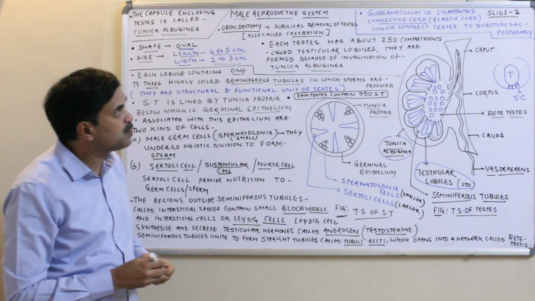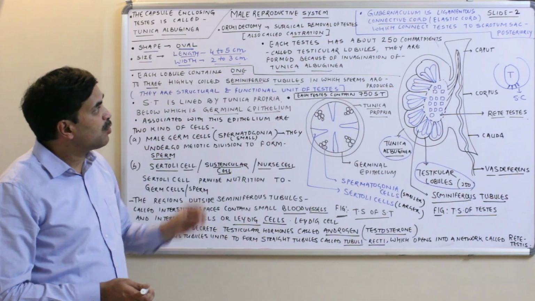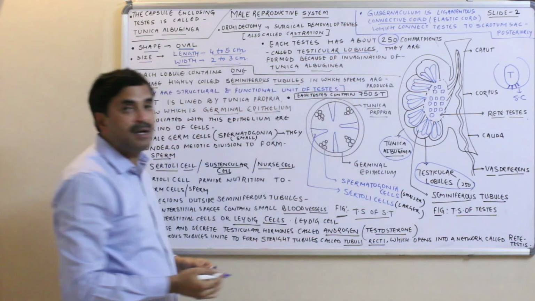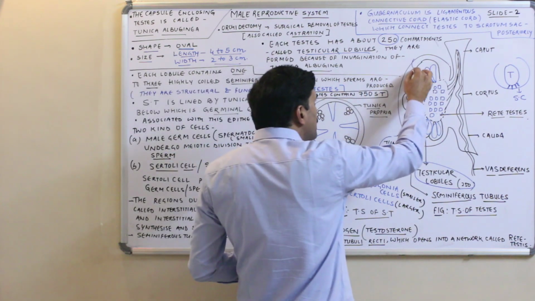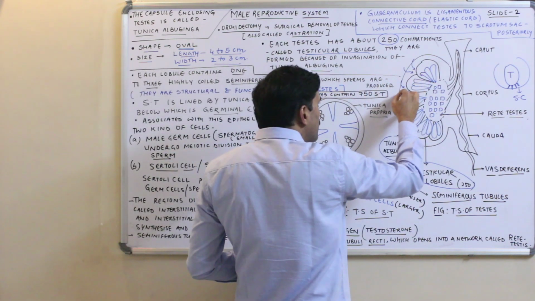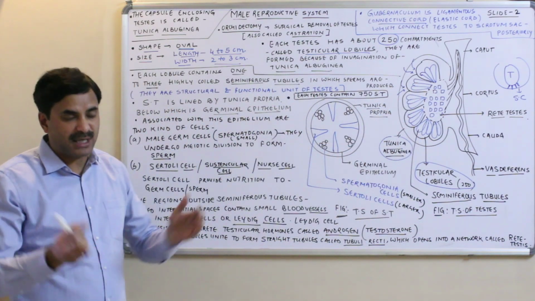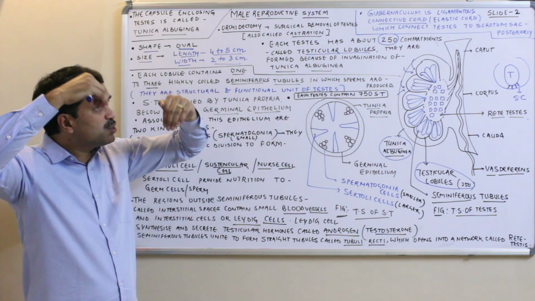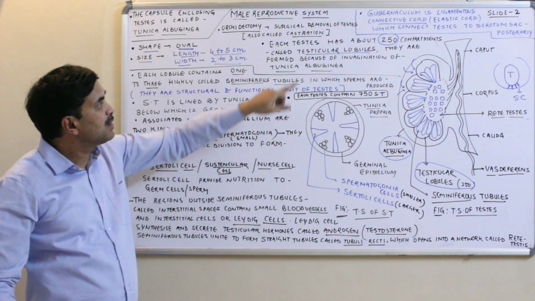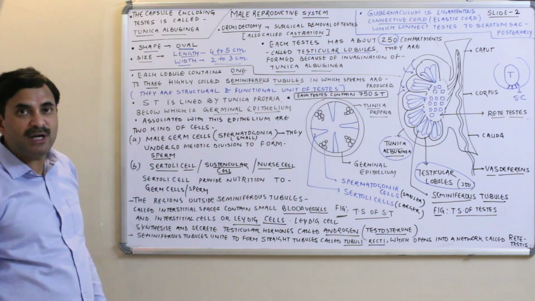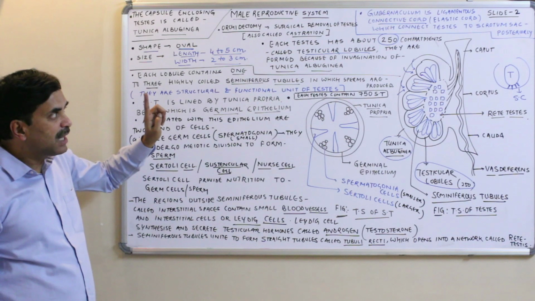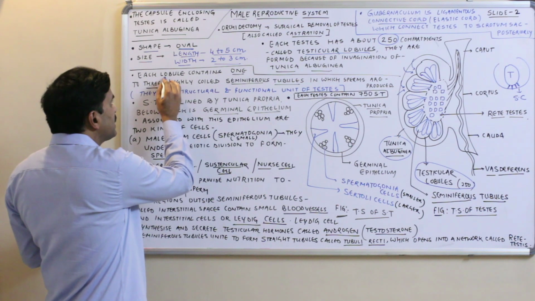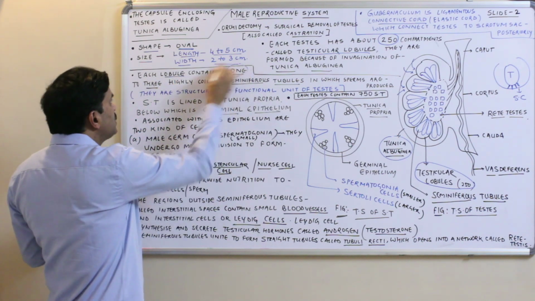Each testis has about 250 compartments called testicular lobules, and they are formed because of the invagination of the tunica albuginea. Tunica albuginea invaginates inside and divides the testes into 250 compartments or chambers called testicular lobules. Now how many compartments are there in testes? 250. Now each compartment or each testicular lobule contains 1 to 3